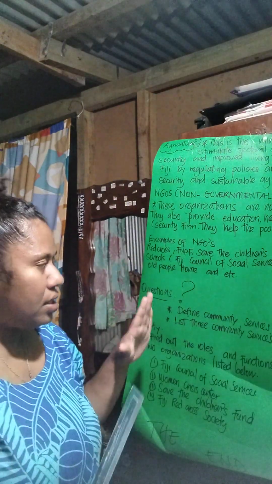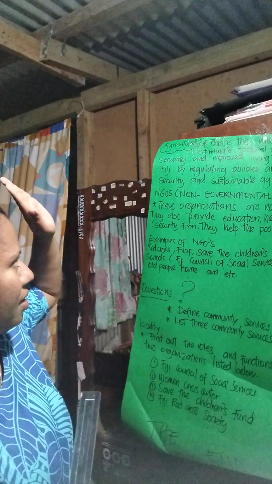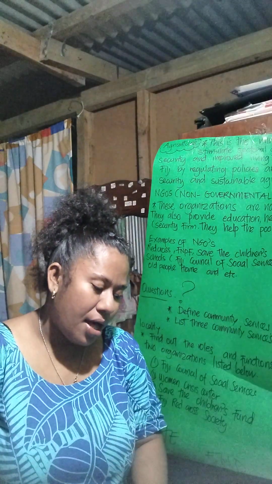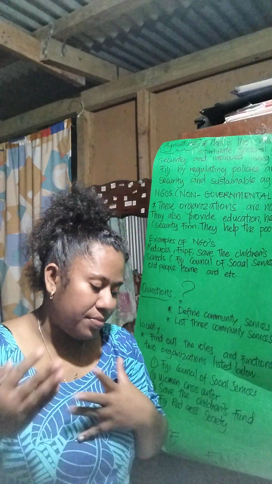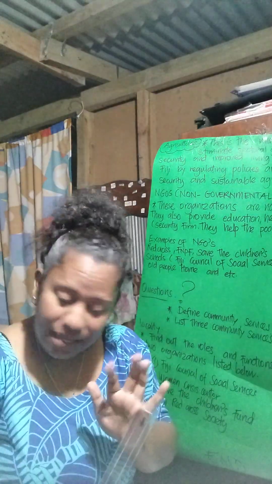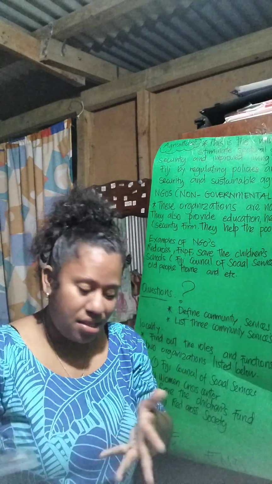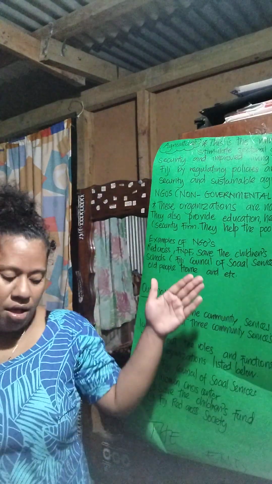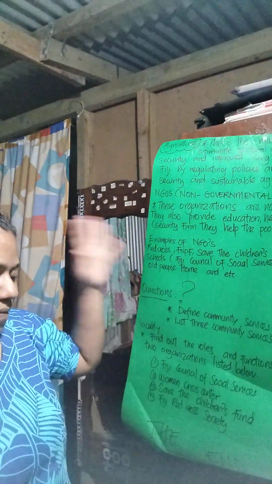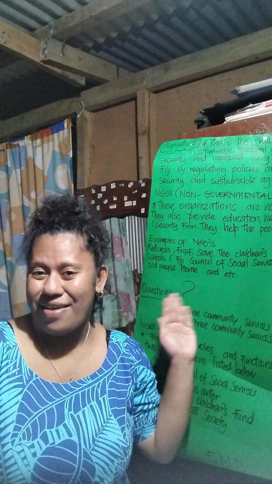Okay, students, I hope that you have learned something today. I hope that after this lesson we have achieved our lesson outcomes, our objectives, where you students are able to describe the term community services, able to identify some government and non-government organizations available for the family, with some examples of organizations and their functions, and also able to describe some functions of the different services that are available.